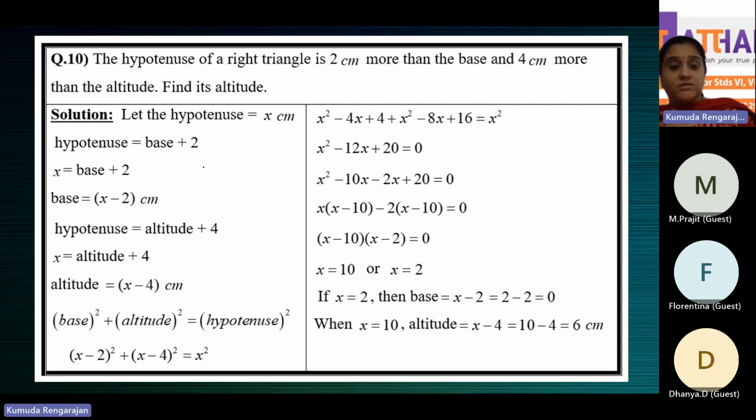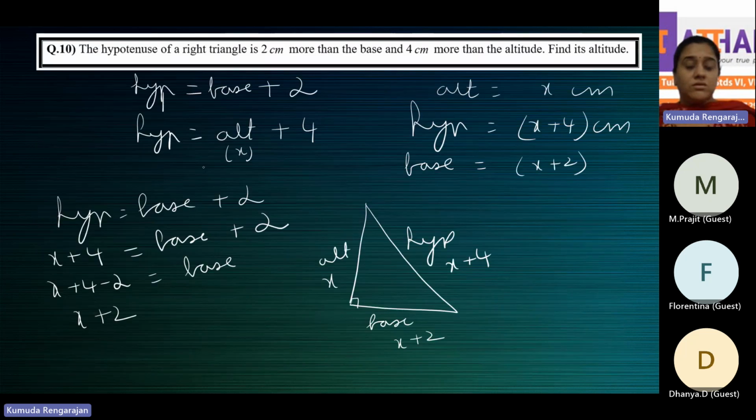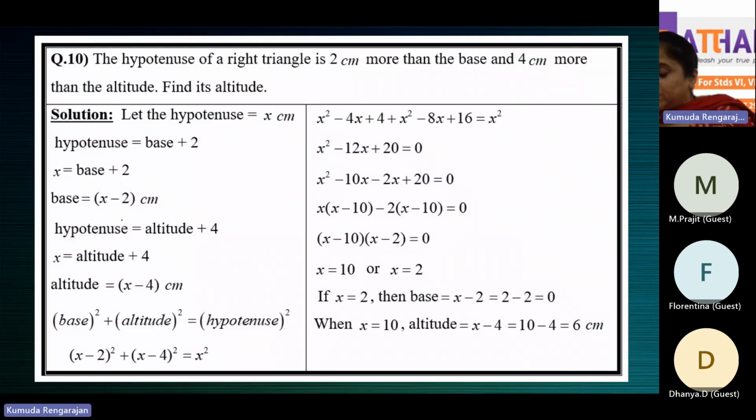So you've taken the base as x, is it? That's what we took here. Okay, you've taken the base as x. So hypotenuse will be x plus 2. So x plus 2 minus 4 is x minus 2. Altitude is x minus 2. Correct. So by Pythagoras theorem,